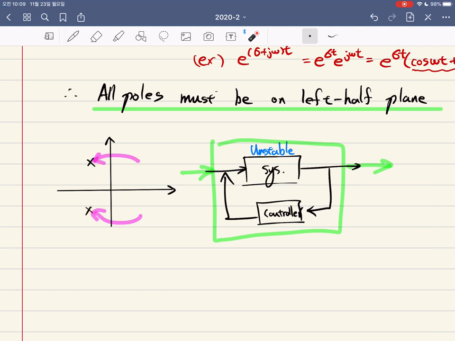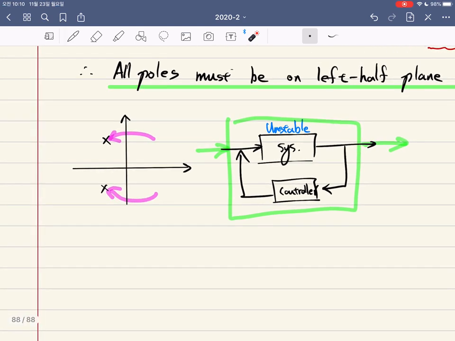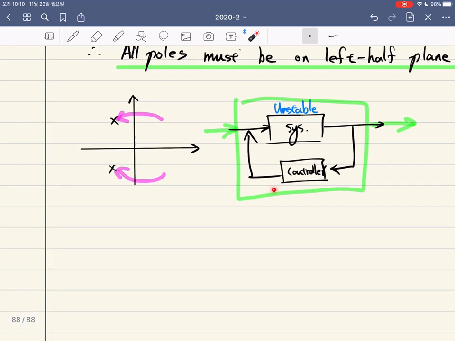And also, even though you have a stable system, which means all poles are located on the left hand side, you can use your controller, compensator or PID controller for the classical control method. You can accelerate or improve the performance of the system by using the controller, even though it's already stable. Okay, but we are not in the control lecture. We are in the signals and systems lecture, so that was just a slight digression.